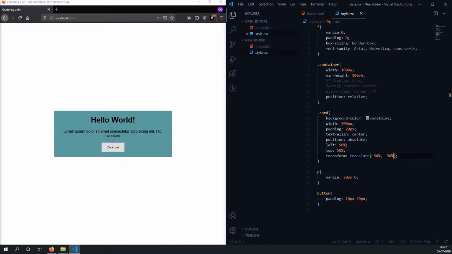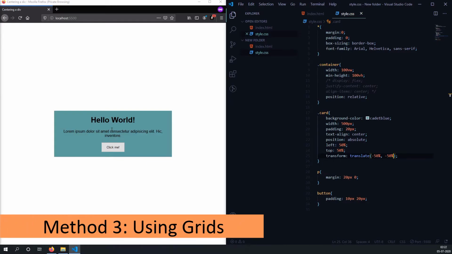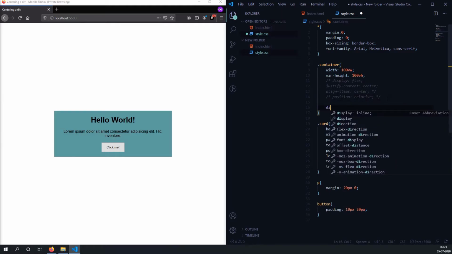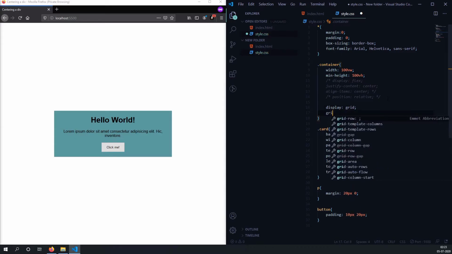So, the final method. As I told you before, Flexbox and grid are modern CSS properties used for positioning and all that kind of stuff. So I thought, why don't we use grid for positioning our card in the center? Let's jump into that adventure of centering a div with the grid system. Let's comment it out, and I will start with display grid, and then I will have grid